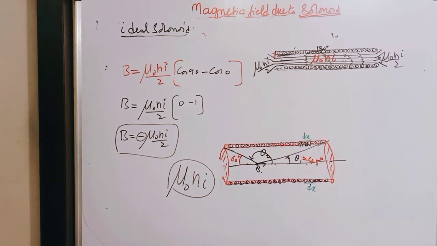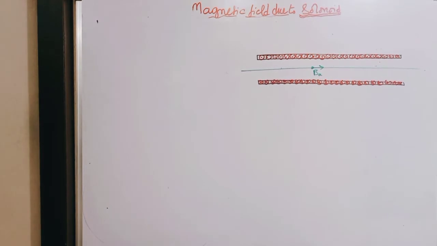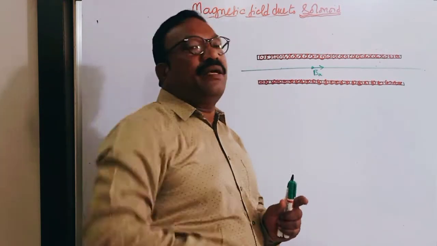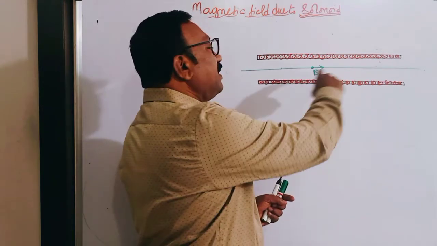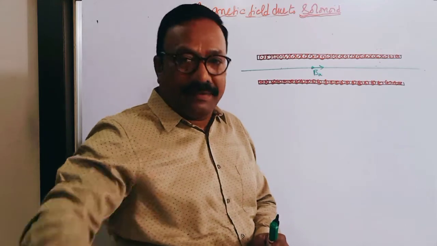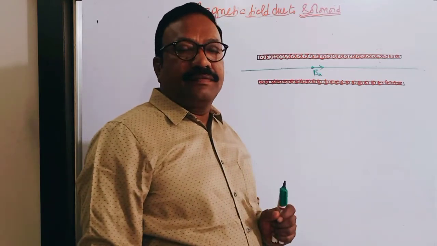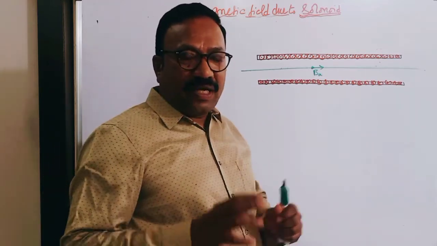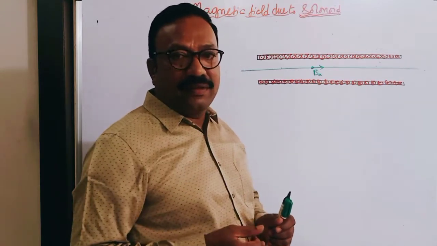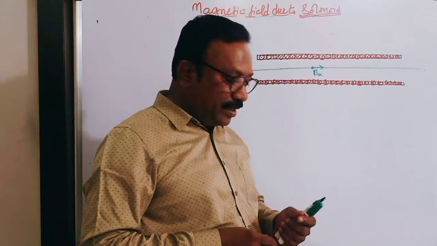Okay. So for an ideal solenoid, using Ampere circuit law, we will derive the expression for the magnetic field on the axis, mu naught n i. So you have to recollect Ampere circuit law. I have done Ampere circuit law already in the previous lectures. You must have an idea about that. Then only we can understand this, right?